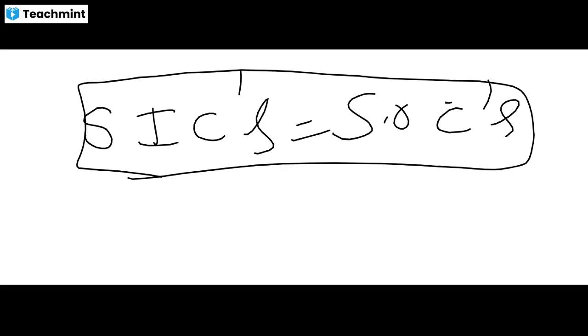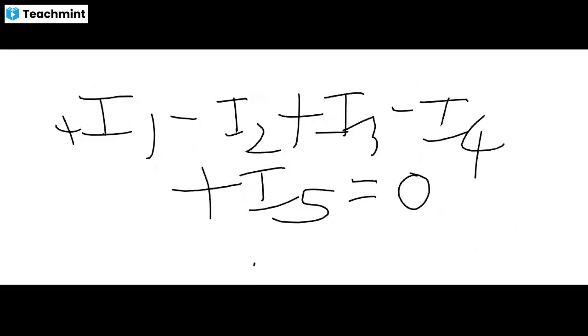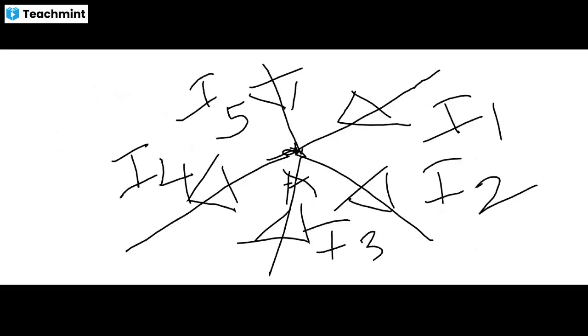Once again, I'm just repeating this. What is Kirchhoff's current law? Kirchhoff's current law states that the algebraic sum of the currents meeting at a point, node or junction, is zero. The point A here I have shown is also called a node or junction. At that junction, the current I1 is entering, I2 is leaving, I3 is entering, I4 is leaving, and I5 is also entering. In order to apply the law at this node, what are we supposed to do?